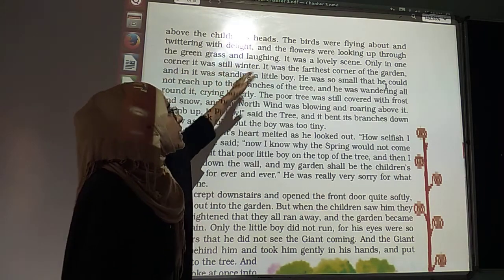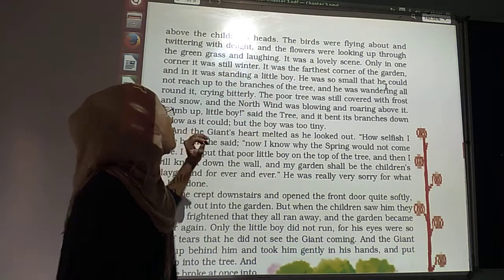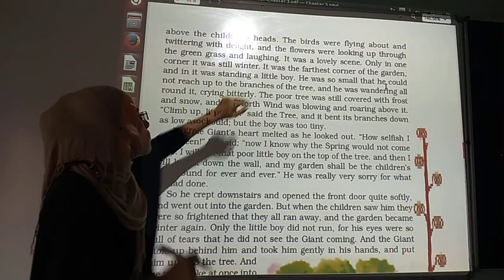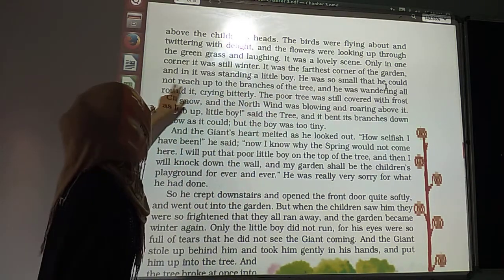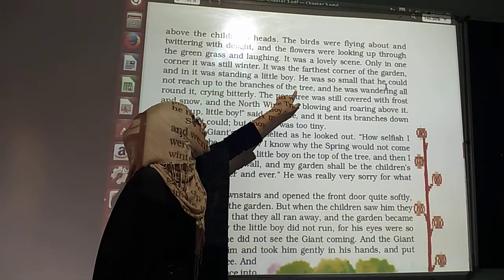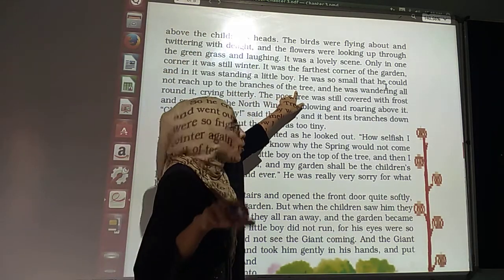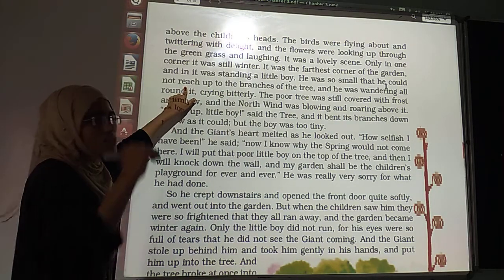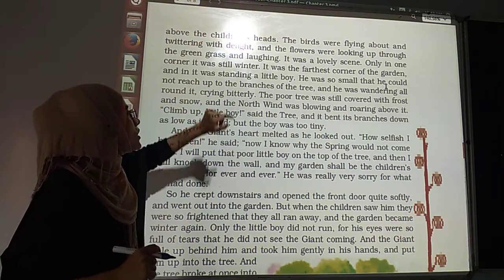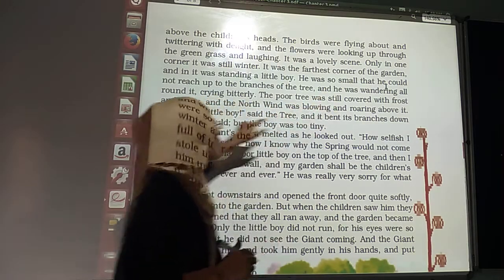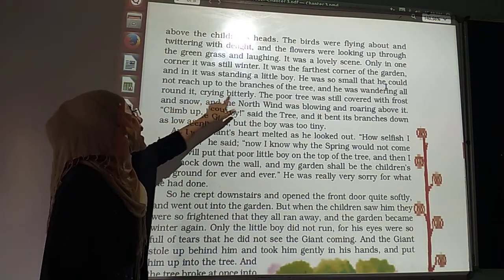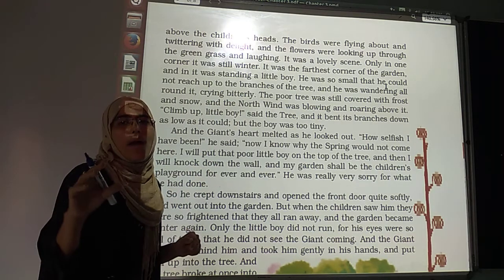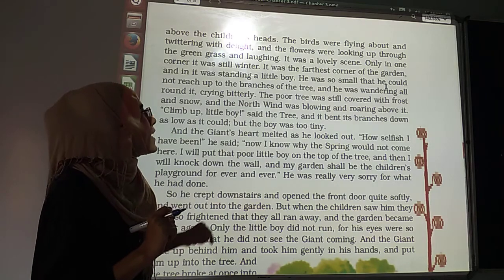He was so small that he could not reach up to the branches of the tree. The boy was so tiny that he could not climb to the branches of the tree, and he was wandering all around it, crying bitterly. So he could not reach the tree, and he was very unhappy.